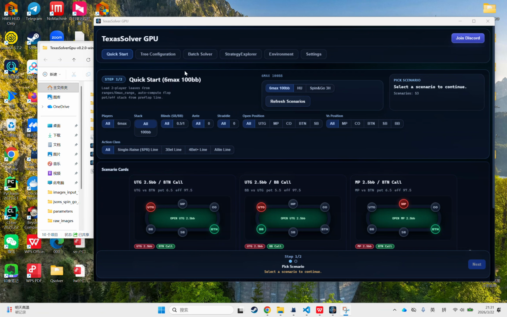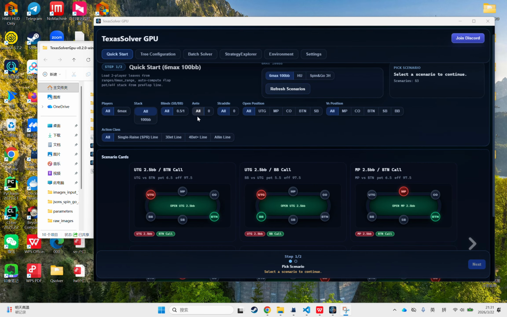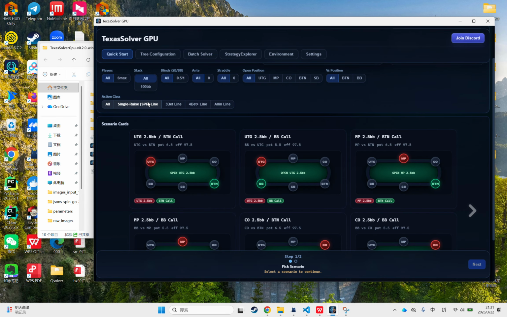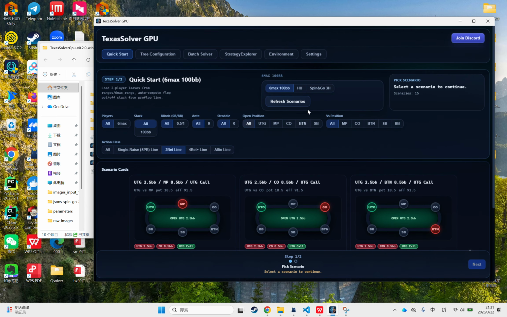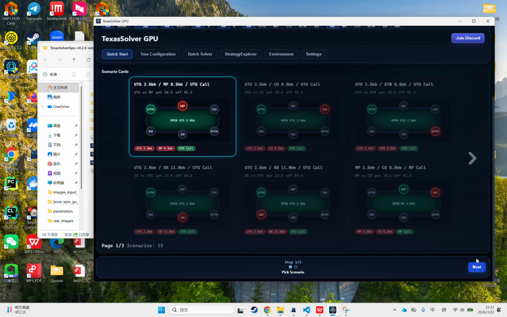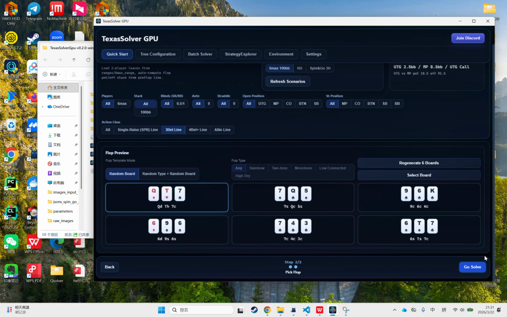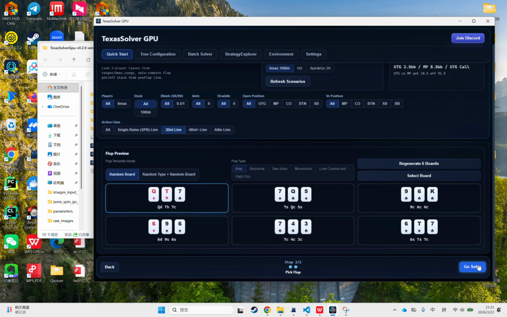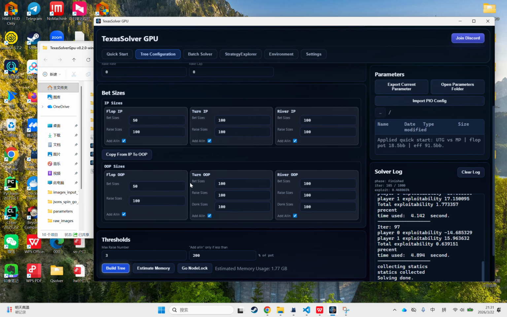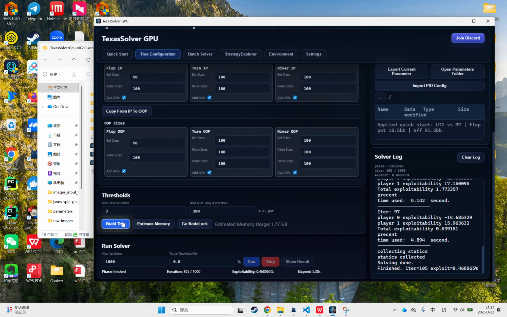In this video, I want to focus on two of the most important product-defining features in TexasSolver GPU, node locking and play versus strategy. Okay, let's dive into a flop scenario first. Let's start from a 6 max 3-bet line here and select a random board. Okay, all the parameters are filled. So let's build the tree